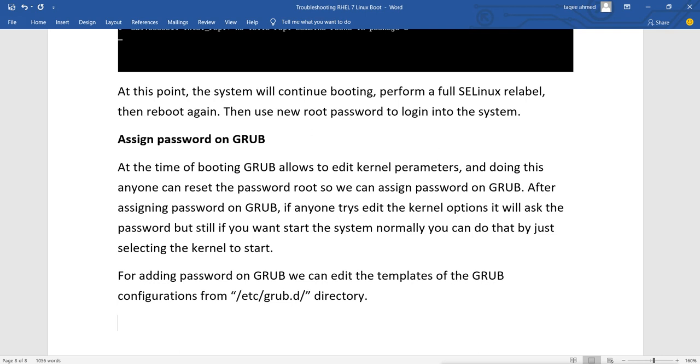So for that, we will open the file from the /etc/grub.d directory. We will open the 40_custom file. This is the template.